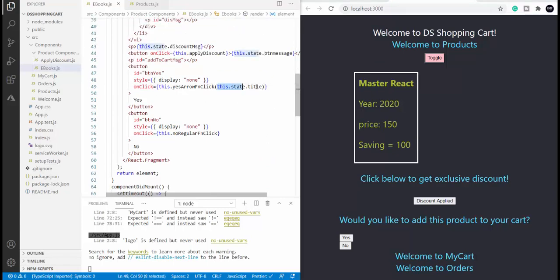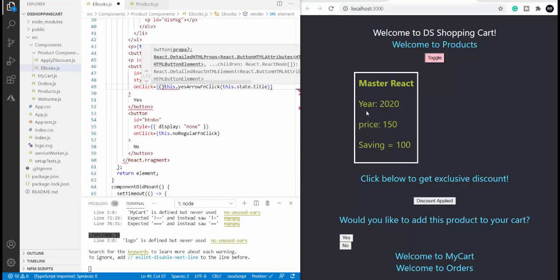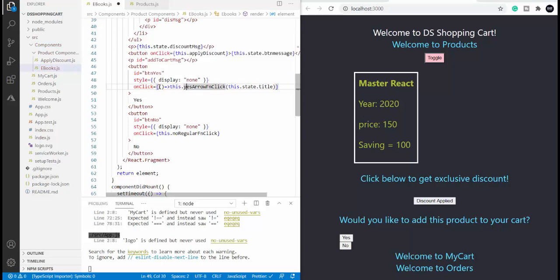Here, when we pass the variable, when we include the variable in parenthesis, we have to do another important step. We have to provide this arrow representation so that the component will understand that this method call will happen only when an on-click event occurs.